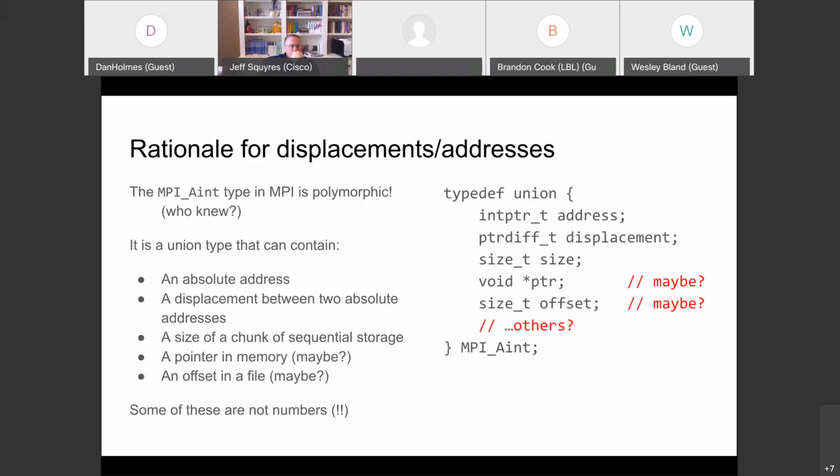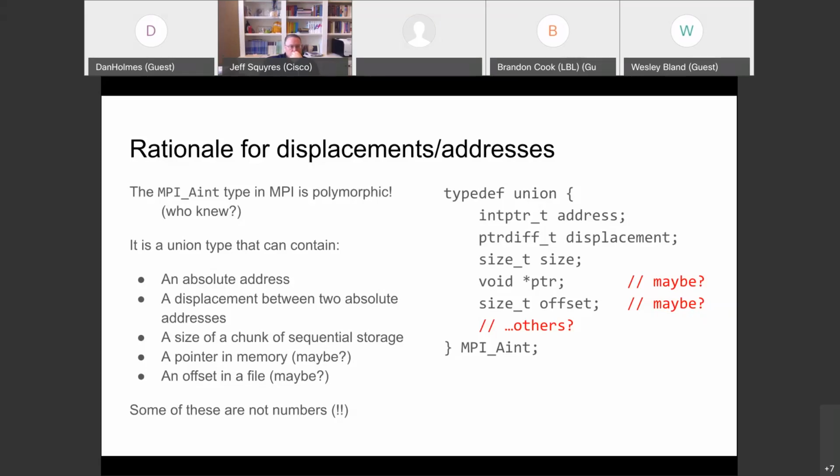For those that are C programmers and know what a union type is, it can certainly store an absolute address, or a displacement between two absolute addresses, or the size of a chunk of sequential storage. Possibly it might be able to store a pointer or an offset.